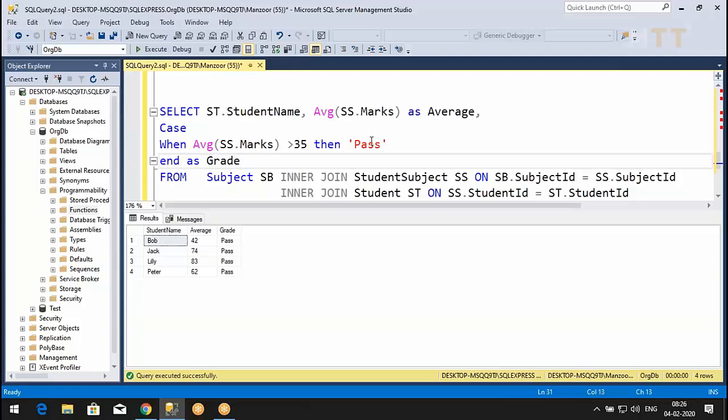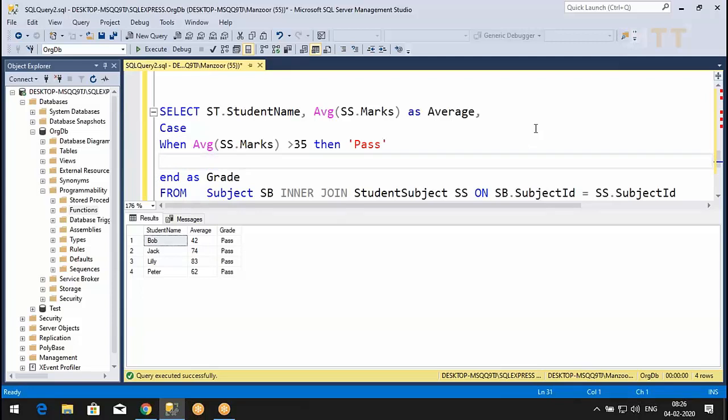Now I can write all the cases, is it not? I'll say when less than 35, fail. Copy this. When less than 50, falls in C grade.